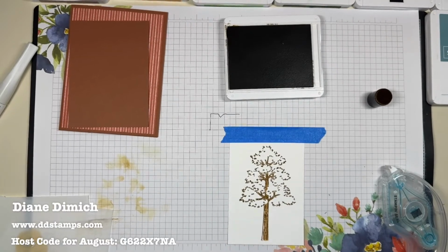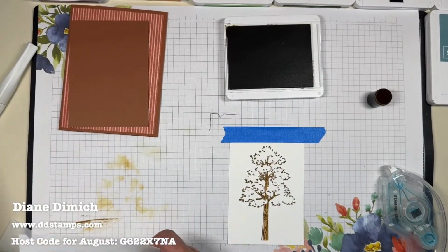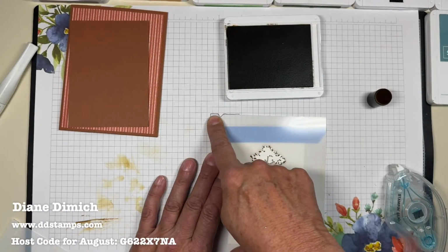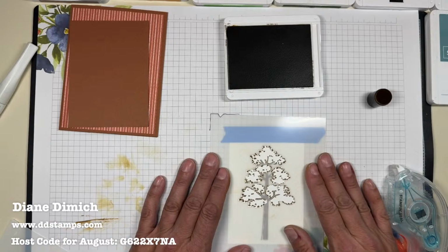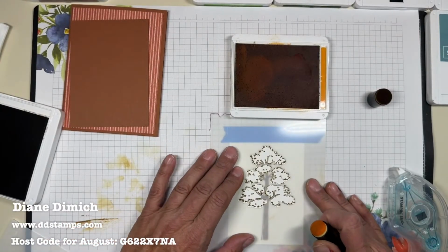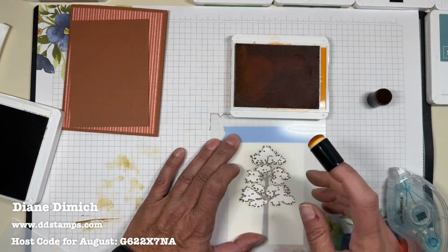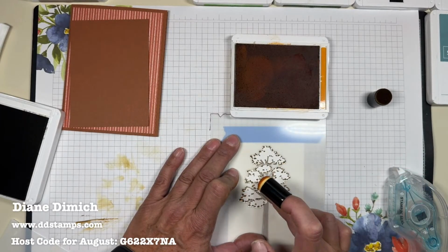So there's the tree. And then I'm coming in with my next piece, and I'm going to line it up here. If I did a little check mark, I can line it up there and get it right onto where I want the tree to be. And then I'm coming in with pumpkin pie and a sponge dauber. So I brought in my pumpkin pie ink and a sponge dauber, and I lined up my stencil, and I'm going to go ahead and ink up my dauber, and I'm going to be really careful around some of these little edges